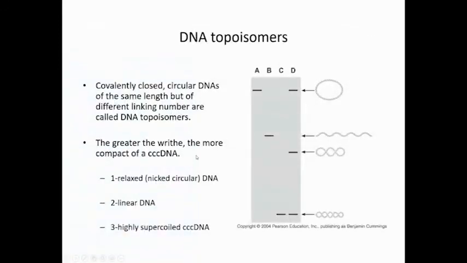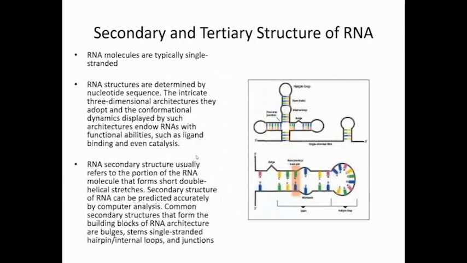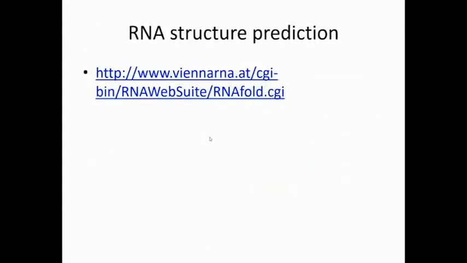Each place changes by 2. And this just shows the secondary, tertiary structure of RNA, because RNA is single-stranded, however, when it finds a complementary sequence, it can form this structure like a stem. You have stem and you have loop, all right? And that's the RNA secondary and tertiary structure, okay? Of course, if you are interested, there are several websites with programs that can predict the RNA structure. Okay,